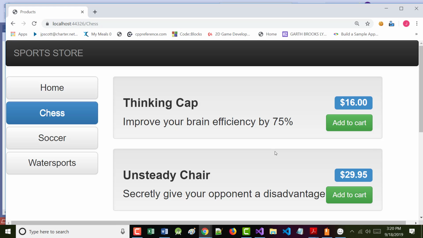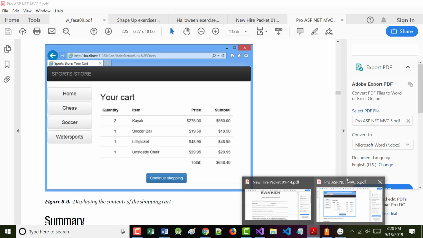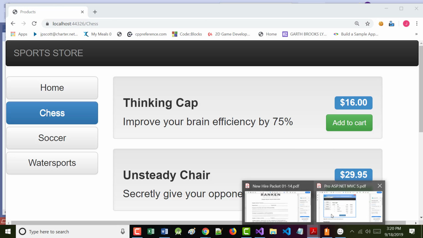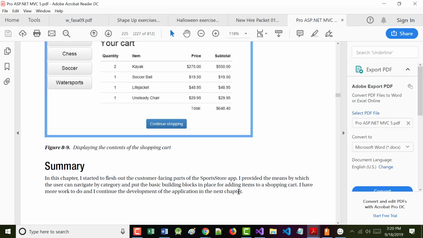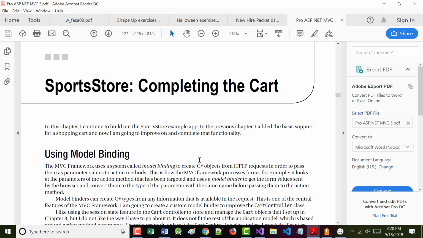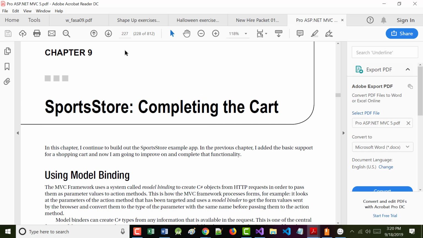I think that's everything. So the little summary that the author puts here on the bottom of page 225 says, in this chapter we started to flesh out the customer-facing parts of the Sports Store app. There is still more work to do as we'll continue its development in the next chapter. So what we'll start on next week will be completing the cart, which is chapter 9.